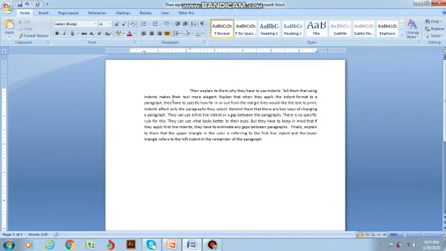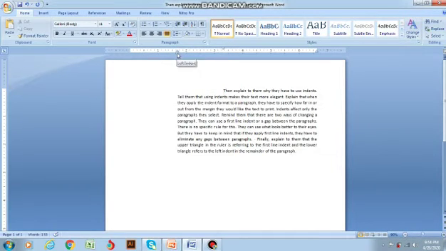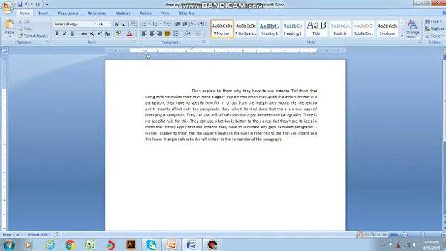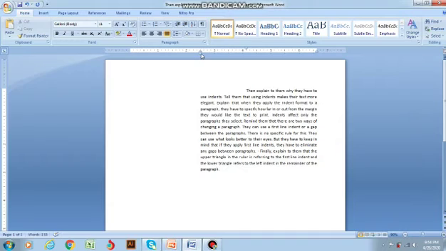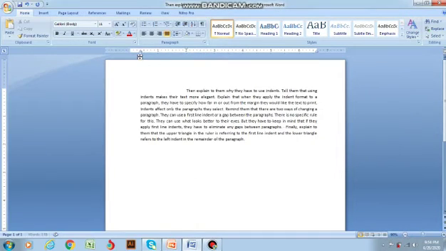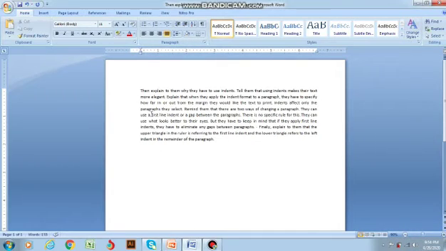And what if I want the whole paragraph to move? As you can see, this rectangular box moves the whole text. It moves the whole paragraph, irrespective of the upper and lower lines. The whole paragraph starts moving when I click on this rectangular box. So this is how we implement indentation.